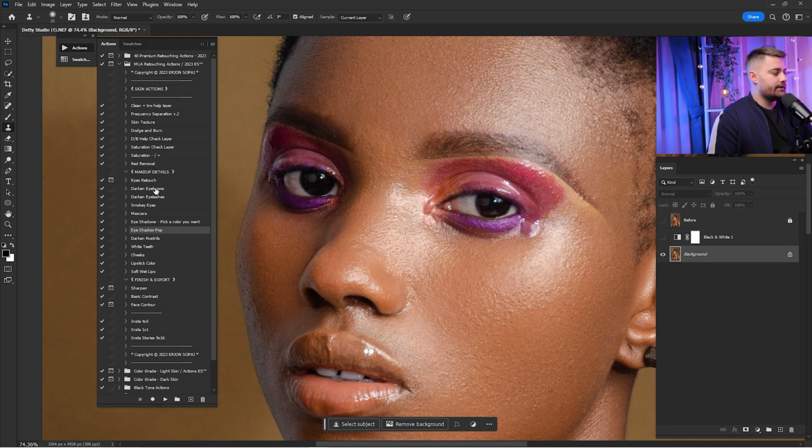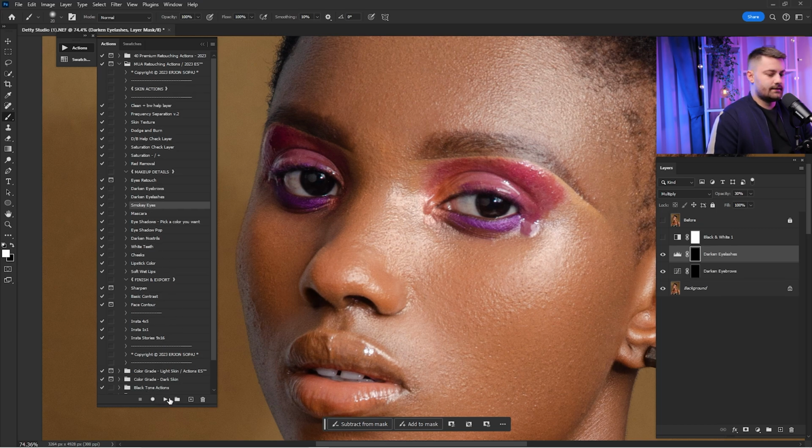So I'm going to click here on the darken eyebrows, click play, click on the darken eyelashes, click play, smoky eyes, click play, and I'm going to remove that black and white help layer because we don't need that right now. So I'm going to click here on the darken eyebrows with a white brush, 100% opacity. I'm just going to paint it here on the eyebrows, so I will make them just a little darker, and